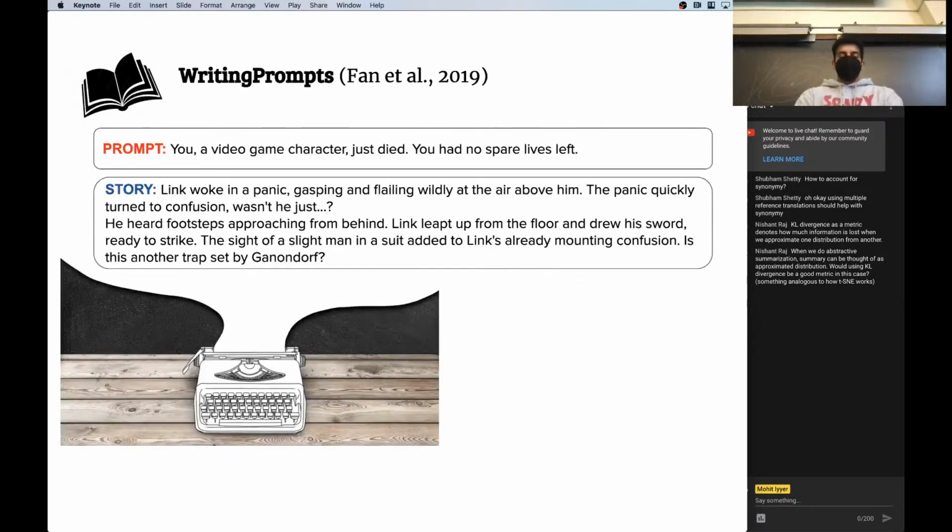So these slides come from a project that my postdoc did, Marjana, where we were evaluating open-ended text generation. This is a very different problem than translation or summarization, which are more constrained, right? Even if there's multiple references, they're usually all paraphrases of each other. In a case like this, which is from Reddit,